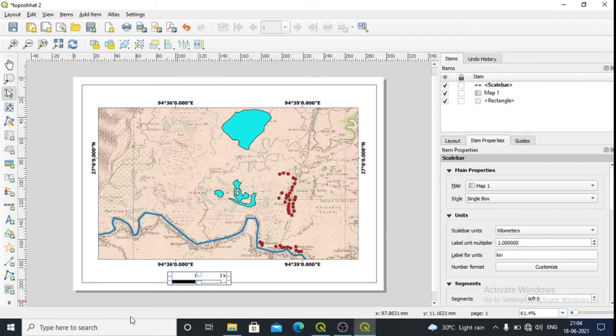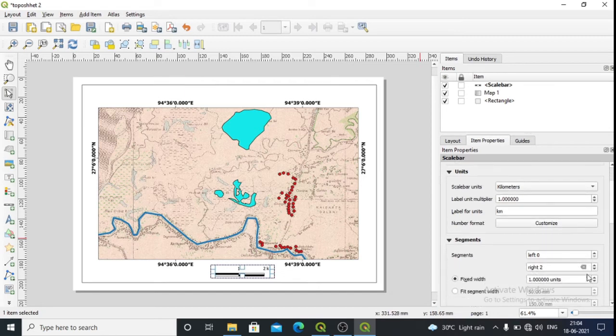Then just move it. Then you can change the style. You want any kilometer. If you want to increase the scale, you can do it in this way. Okay, so it's done.